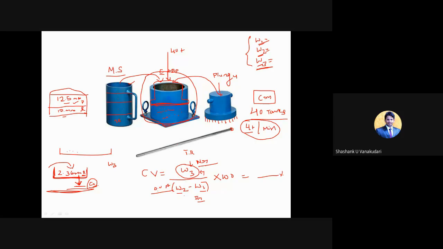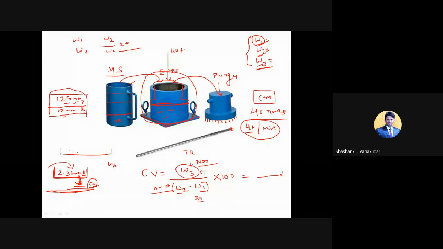Suppose think that the notations may get changed. For example, here you are not going to take this W1, W2, W3, leave that apart. Whatever aggregates you are going to fill here, only that weight I am noting down as W1. Clear? Directly I am going to take the total weight of the aggregates which are present in this. And now the aggregates which are passing through this 2.36 mm IS sieve, that passing materials weight I am writing as W2. Now the formula will change. It won't come in this way because we have changed; it is W2 divided by W1 into 100.